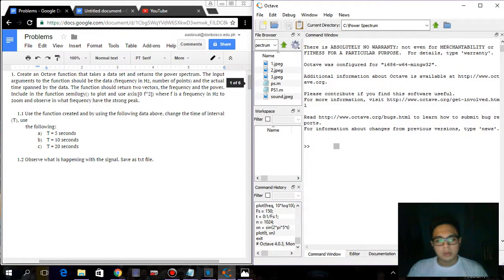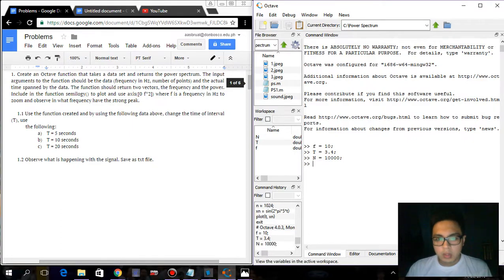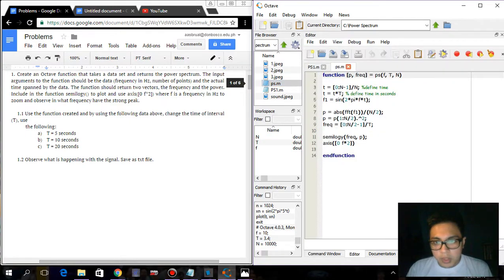So I have already the following. This is the frequency in Hertz, this is the time of interval and the number of points. And I have already created a function. This is to define time as commented. We have to define it in seconds. This will be the function,